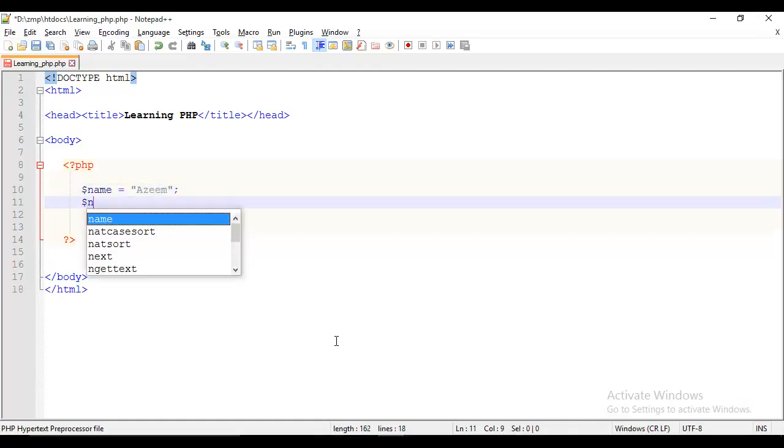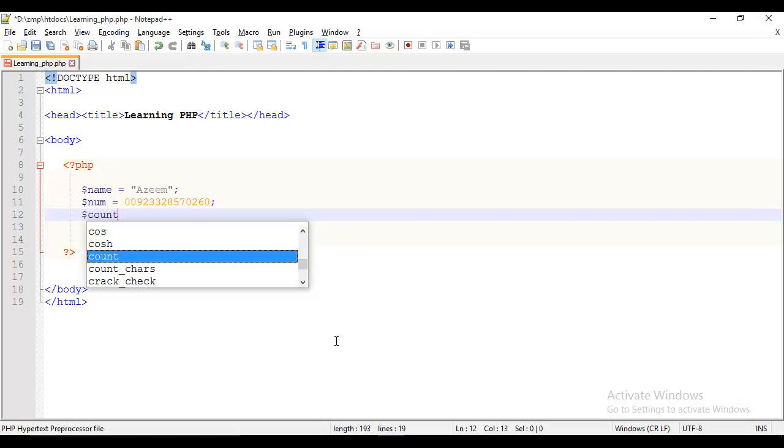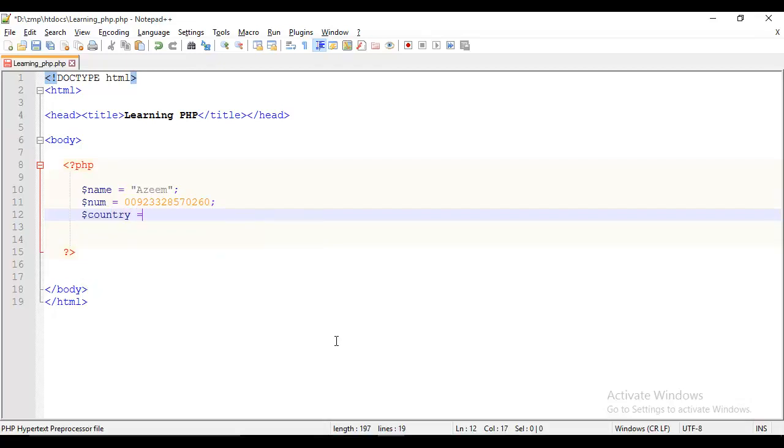When you type text, you use quotes. I will make another variable with the name $num and put my number, which is a number, and I will make another variable, $country, and assign the value Pakistan to it.